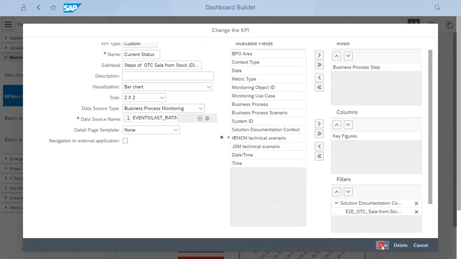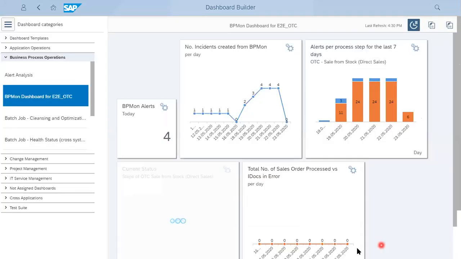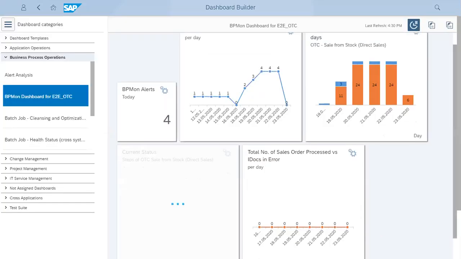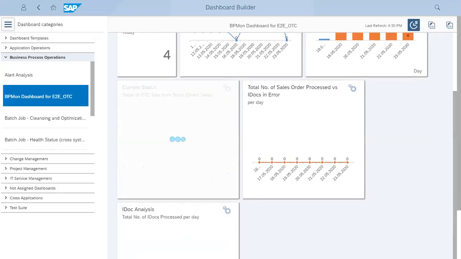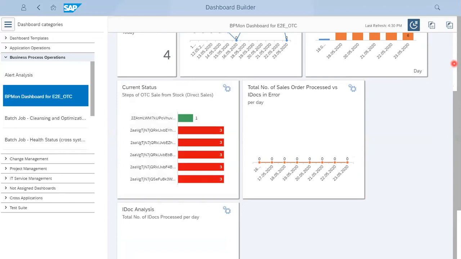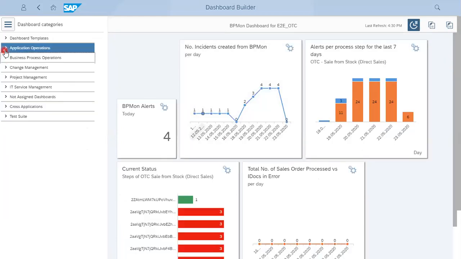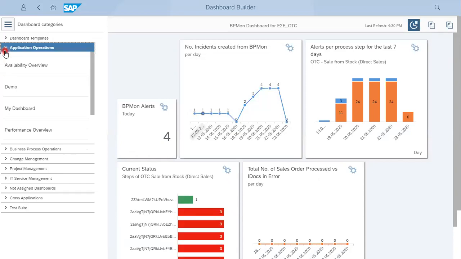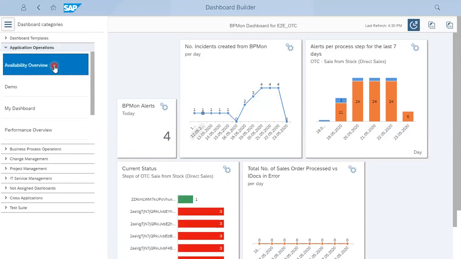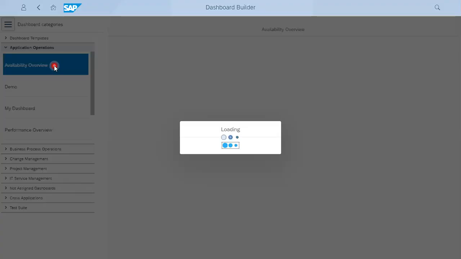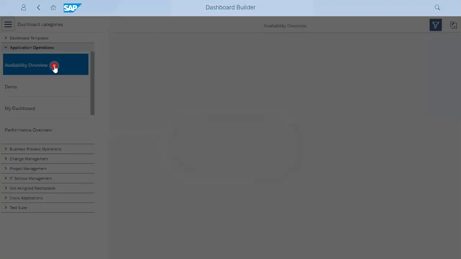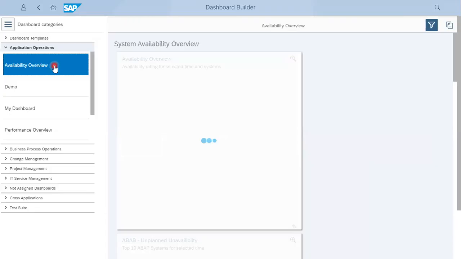Once you click, it will be saved and the dashboard will be visible in a couple of seconds, I can say. There is a different way in business process monitoring and in every application operations area. If you want to configure your dashboard via dashboard builder, you can use this UI5 dashboard provided by SAP. And now we can see in application operations as well what dashboards we have configured to show the system